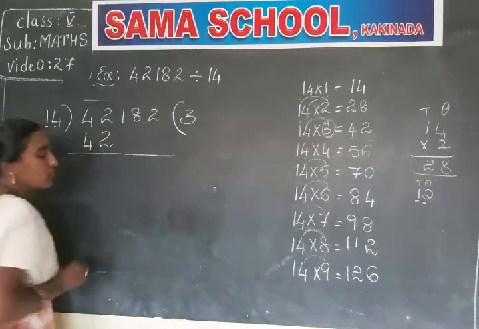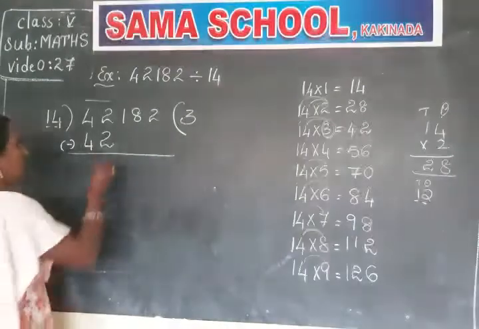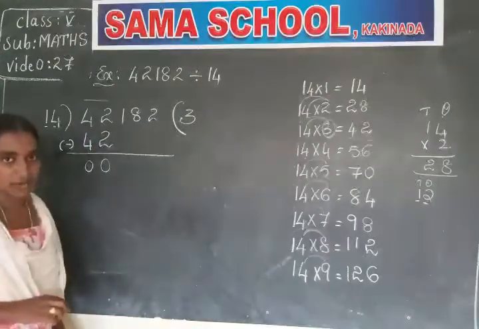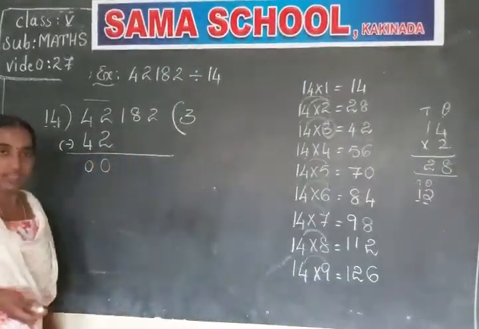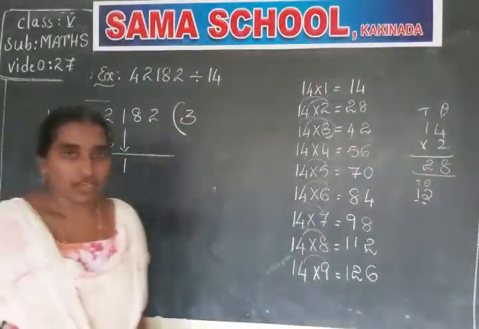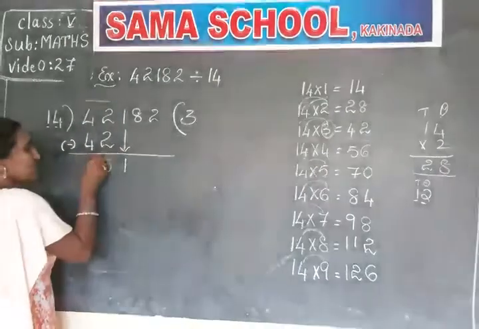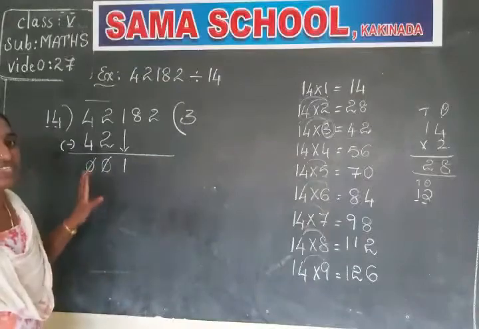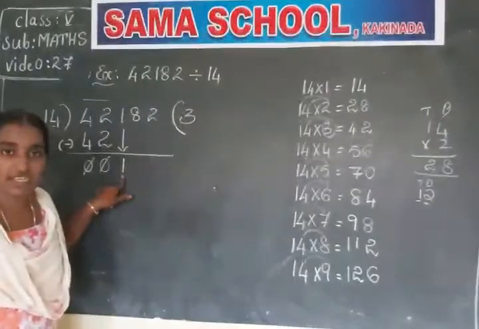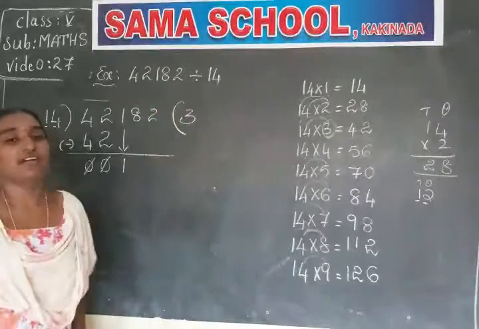And which operation do we have to use here in the division? This is repeated subtraction, so we have to use the minus symbol. Now do the subtraction. 2 minus 2, 0. 4 minus 4 also 0. So we have to go for the next digit. So bring down the next digit here, 1. Okay, here 0, 0, 1 means these two zeros are invalid zeros. Why? Because they are on the left side of the 1. So we can cut those zeros. So simply what is left over here? 1 is left. And we have to search for 1 in the 14 table.